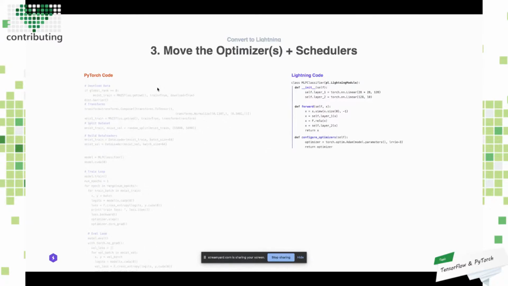The next thing we do is we configure our optimizer. Now the parameters are part of the Lightning module, and we want that for reproducibility. Instead of managing that directly in the optimizer, it gets managed by the module, so that if somebody else wants to take this code, they'll get the same results.